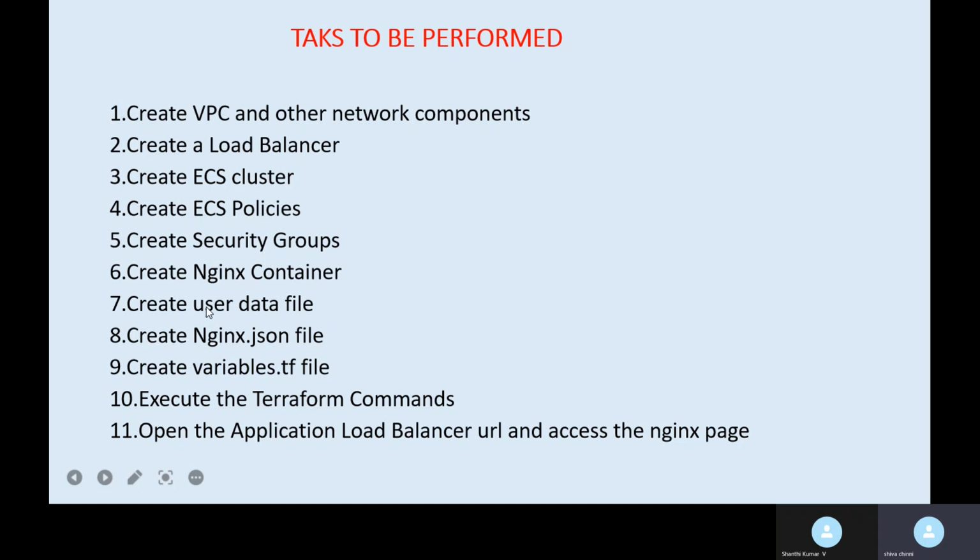And we have created one user data on the AWS Fargate, and we have created even an nginx.json file to configure the app name and image name and all those options. And finally, we have created one variable.tf file. Under that TF file, we have configured all the variables which we have given inside all the files. So now we can execute our Terraform